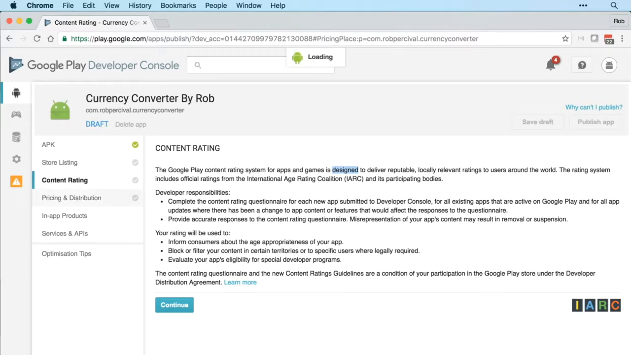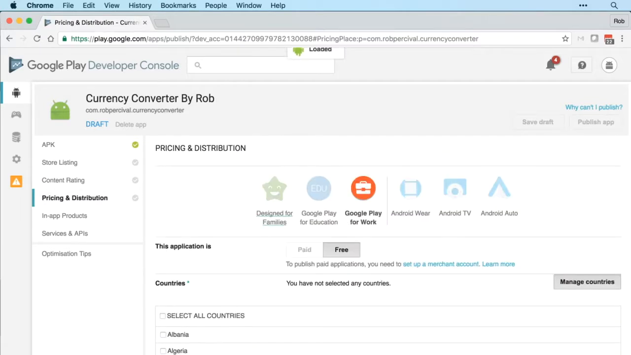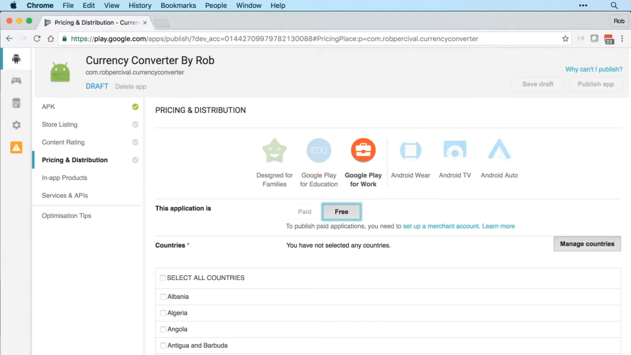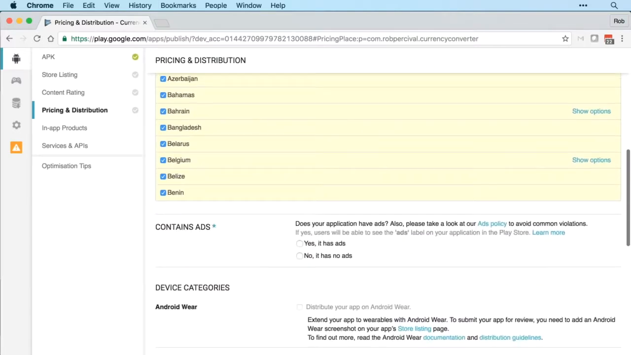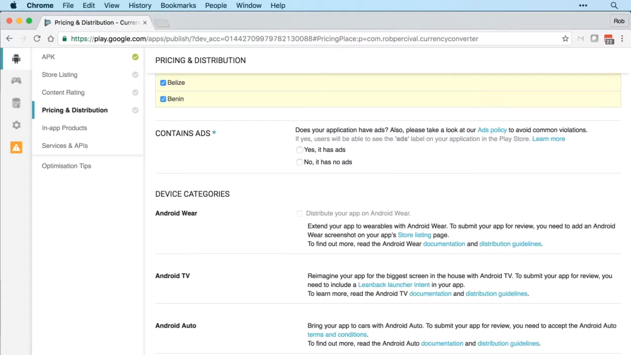And then our last section there is pricing and distribution. So if it's free, everything's nice and simple. If you want to have a paid app, then you'll need to set up a merchant account, which is simply a matter of adding your bank account details and giving Google a way to pay you. Then you can choose what will likely be all the countries for people to download your app in. You need to specify whether your app has ads or not,